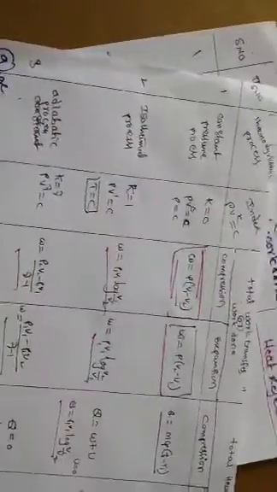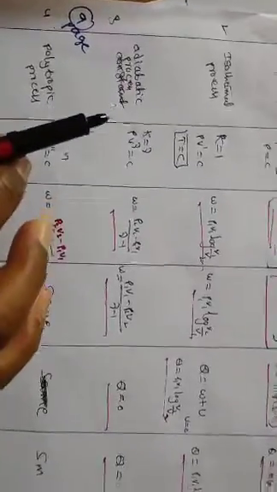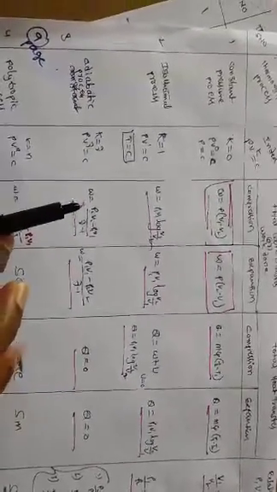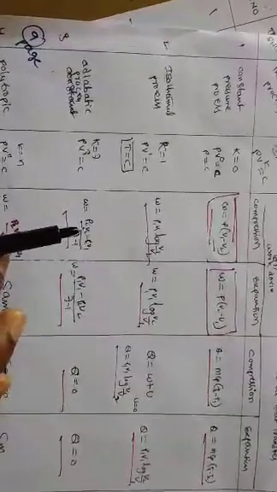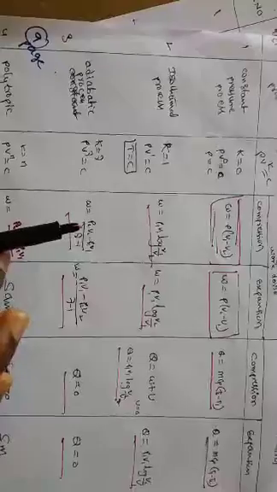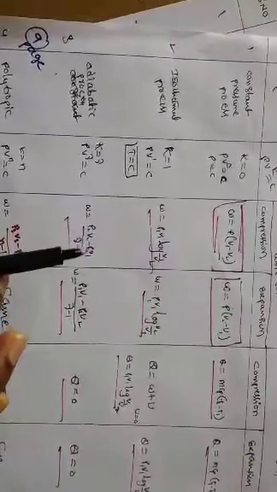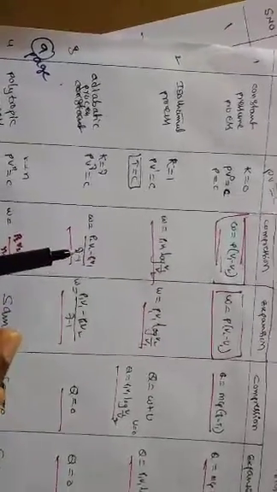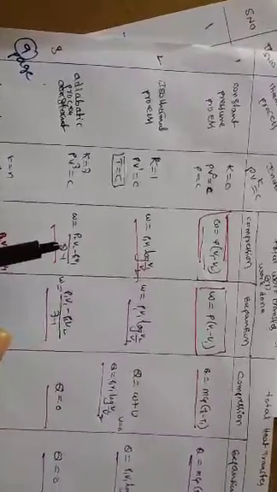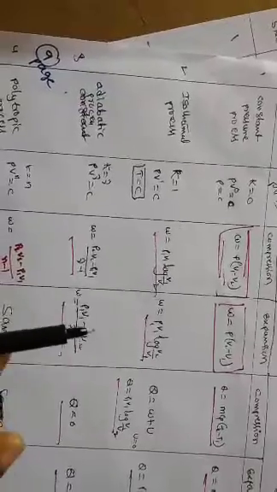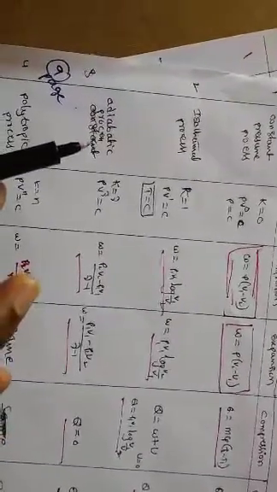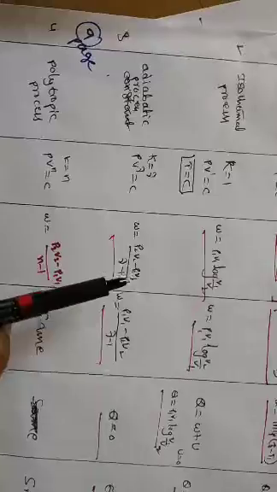Once again, see this slide. In the adiabatic process, total work done is equal to P2 V2 minus P1 V1 by gamma minus 1 if it is the 1 to 2 process. So this is our total work done in the compression process, and similarly this is the total work done in the expansion process. We have already derived these formulas in the first unit.